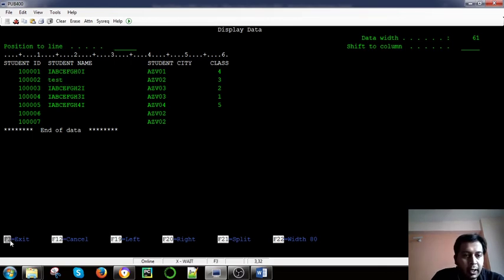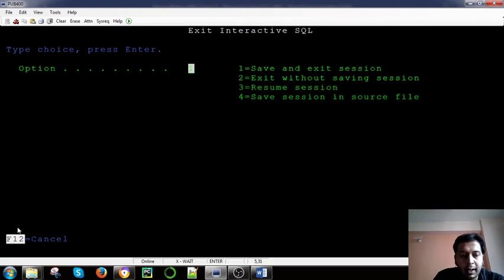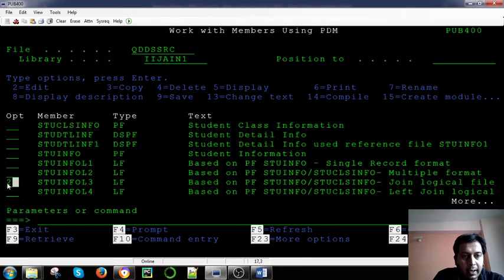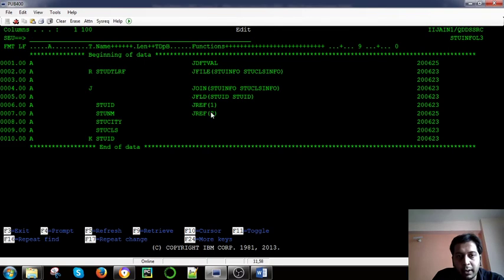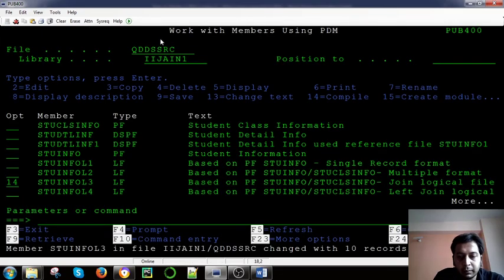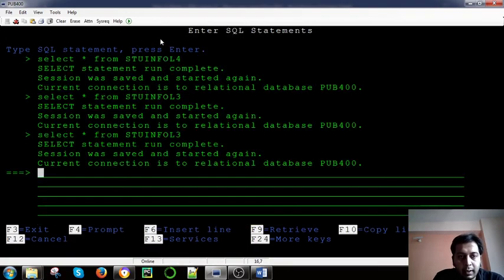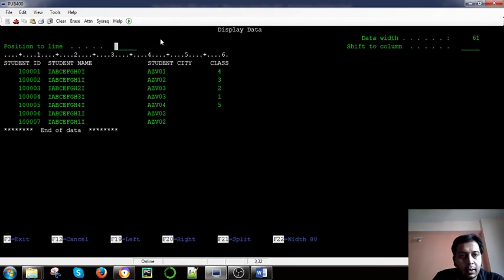Now if I do the same thing again and go back and do 1 here, and compile this program again and see that query again, now this field value is coming from the student info, where we have not updated. So this is the use of JREF2: based on the reference field we are using, the value will appear.